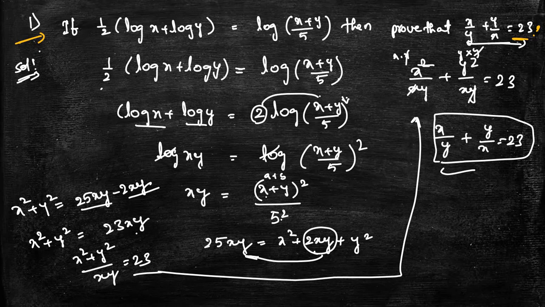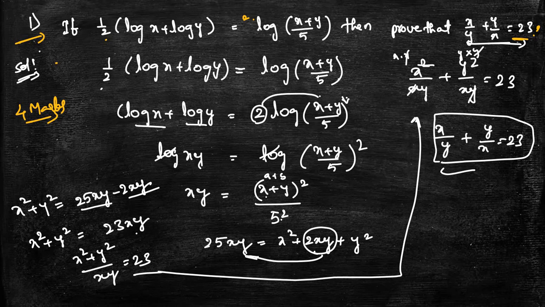Now moving to the second question. You can expect this in a 4 marks question. Please practice this one more. This type of question will come in your board exam. This 1 by 2 form, or multiplying with 2, will come in your board exam. So please practice this twice or thrice.